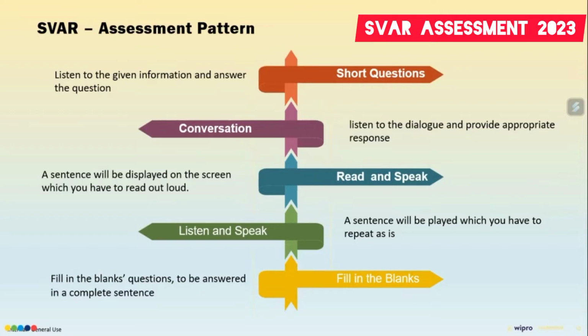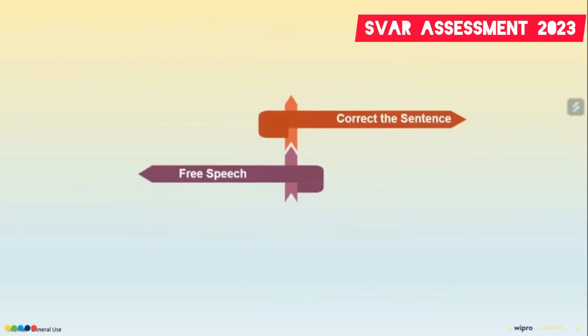followed by fill in the blanks. Very familiar. Again, some questions will be given based on your grammar and vocabulary. You will have to fill in the appropriate words which you feel make the sentence complete. Moving on to the next one, correct the sentence. A few grammatically incorrect sentences will be on the screen. You have to provide the correct response against each question,